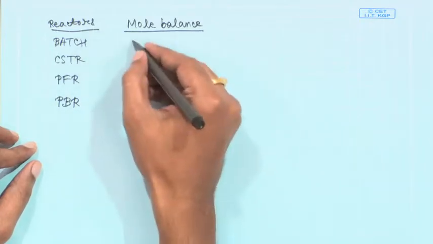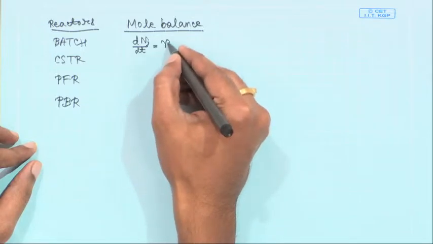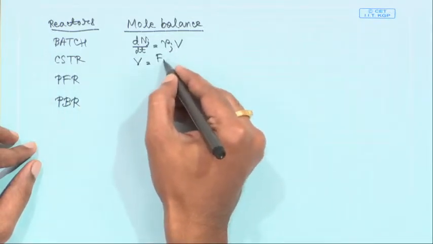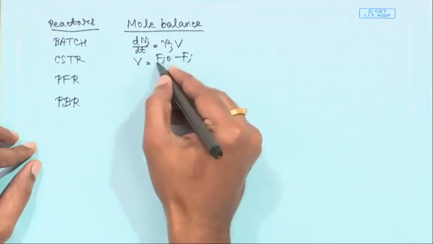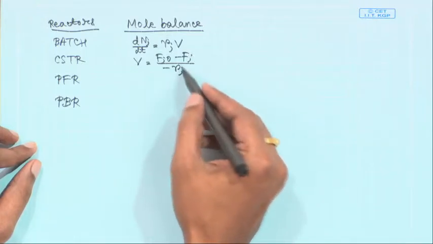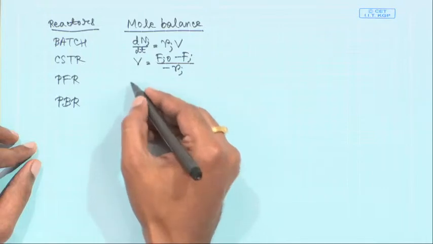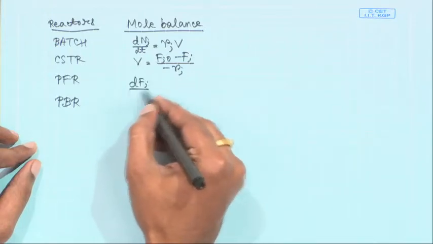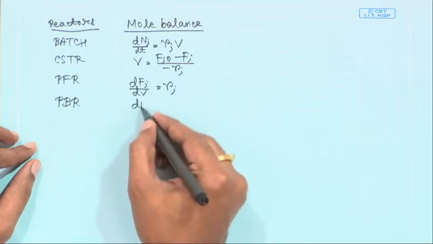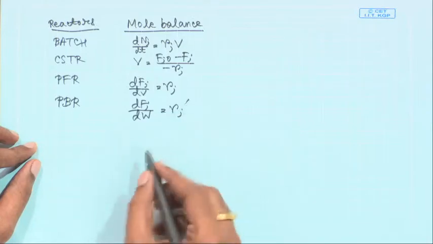correspondingly I am going to write down again dNj/dt equal to Rj V. Then for CSTR it is V equals (Fj0 minus Fj) divided by minus Rj. So, this is molar flow rate in, molar flow rate out. This is the rate of the reaction for the particular species, jth species. For PFR it was dFj/dV equals Rj, and for PBR it was dFj/dW equals Rj prime, W